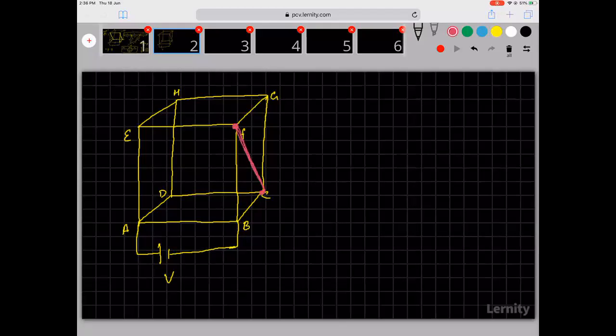Now, why are they at the same potential? You look, F is one resistor away from negative. C is also one resistor away from negative. Now F is two resistors away from positive, and C is also two resistors away from positive. Can you make these notes? Can you write down?